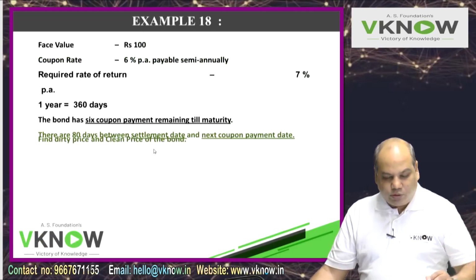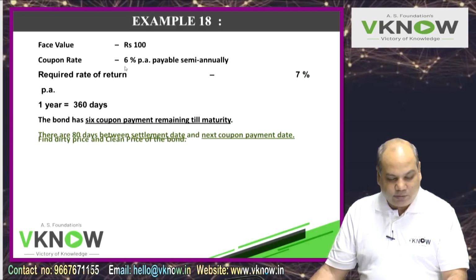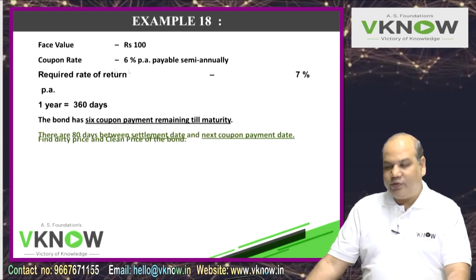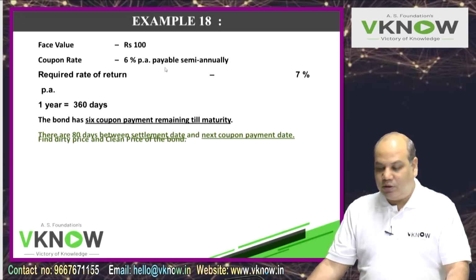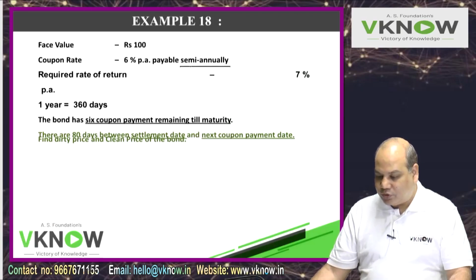And one more question we are going to practice, where instead of months, days are given. So this is a different question. Basic concept will be same, but the question is asked in a different manner. So please come to question number 18, face value. Consider a bond with following features. Face value 100 rupees. Coupon rate 6% per annum. Payable semi-annually. Underline semi-annually. In the exam, just note these important things, because this will make a dent in your mark sheet if you don't read carefully.